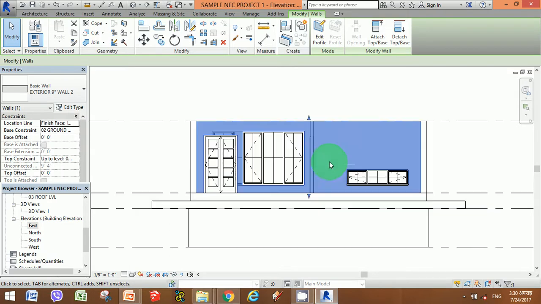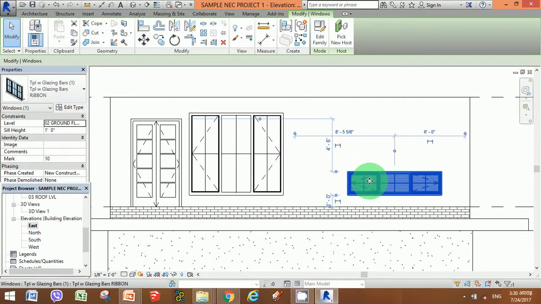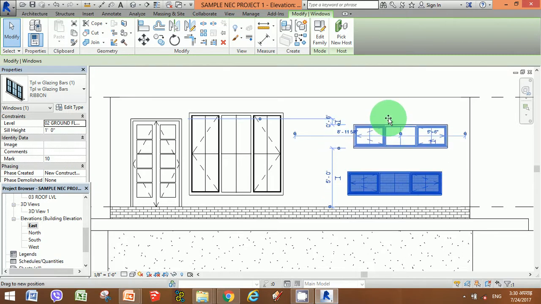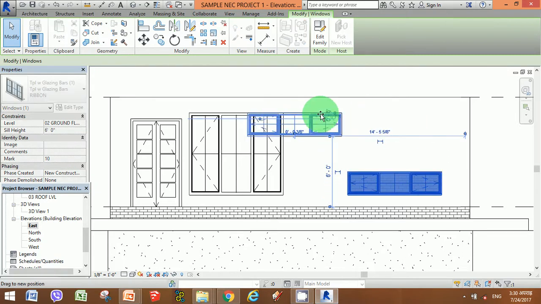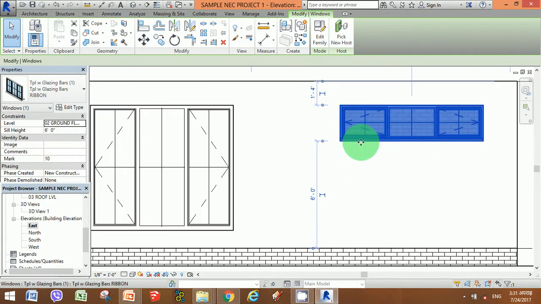As you can see, the dimensions are being updated as we speak. So here this dimension is not as per my thought, so I'm just going to move these dimensions.